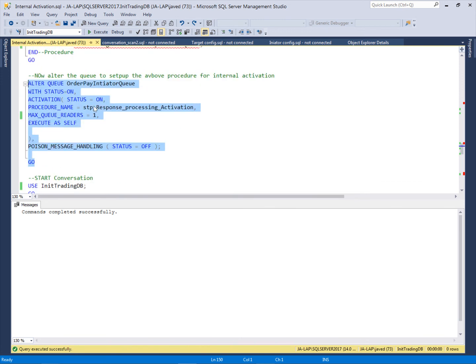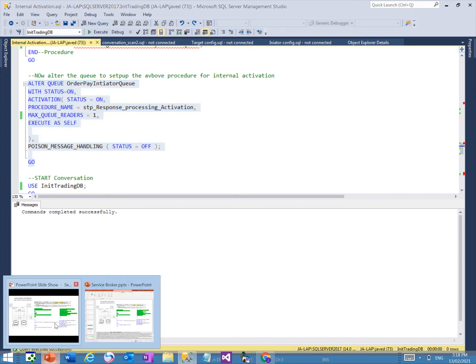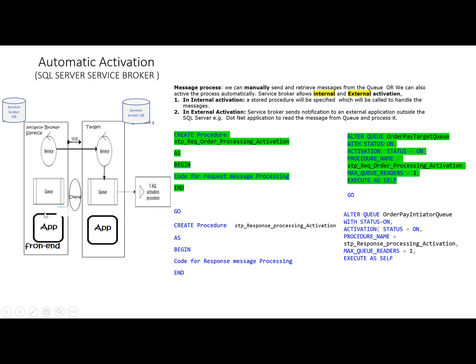After that, I can start the conversation because the environment is ready for the internal activation. But before starting the conversation, I want to mention an important point. When this order service initiator broker service, which is responsible for the orders, sends the message to the target service, the message will come into the queue, and the queue will automatically call this stored procedure.